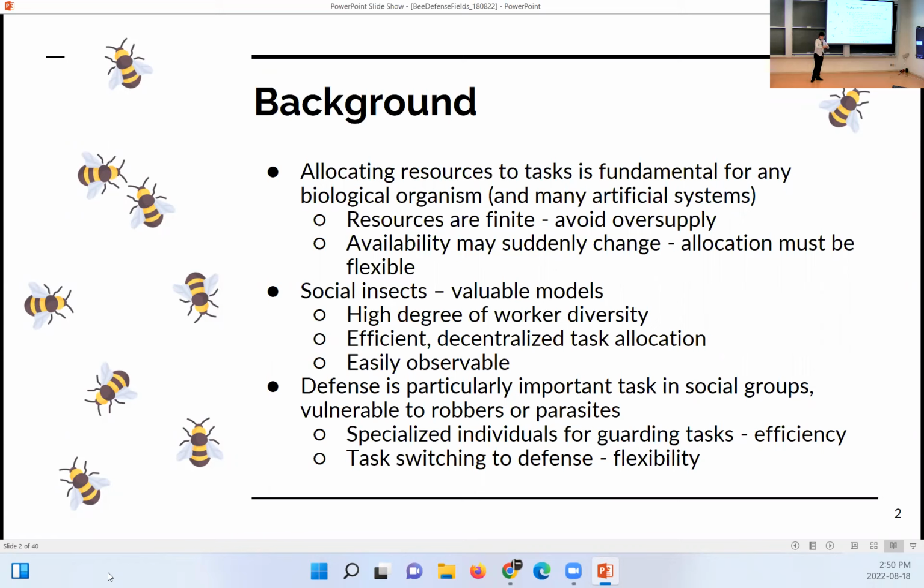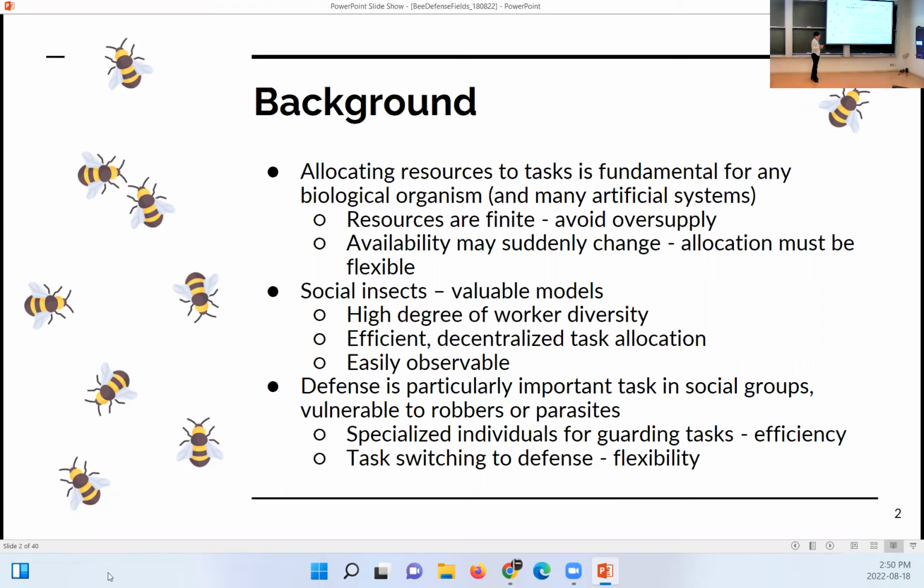There's basically two ways in which evolution can shape that adaptation to collective defense. One is getting specialized individuals for defensive tasks, like producing soldiers, and you'll see some ants are super big and meant to defend a colony. And the other one is getting everyone to be able to switch to the task that is needed very flexibly. That would not be as efficient, but very flexible. So in case of a crisis, if you need extra individuals, then that would be very convenient.